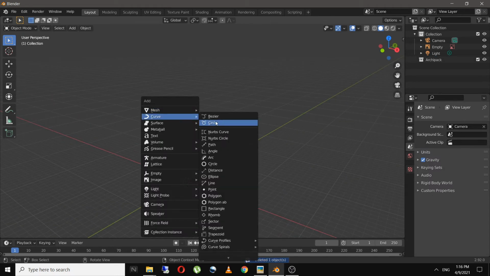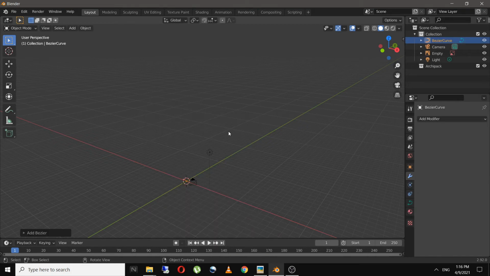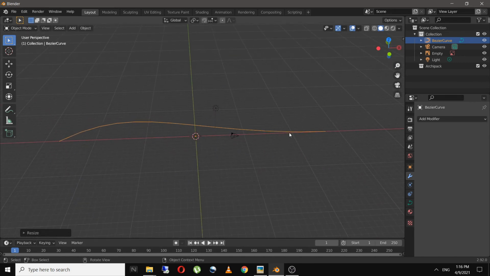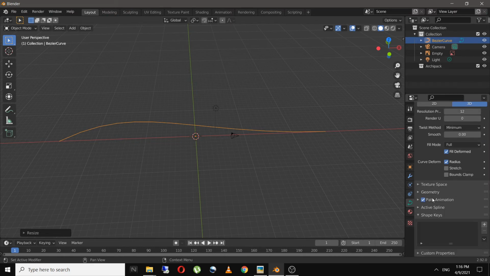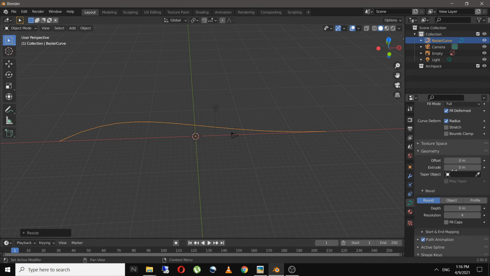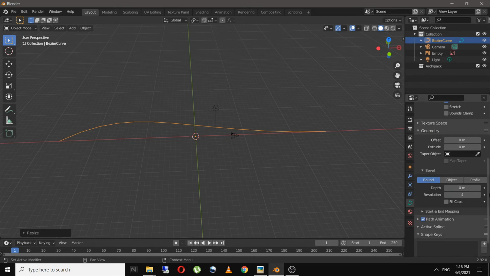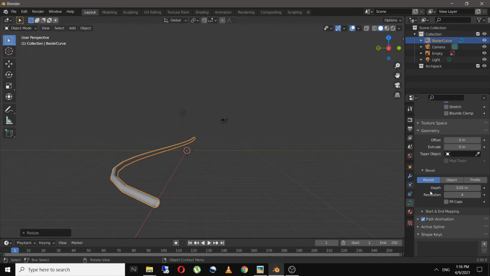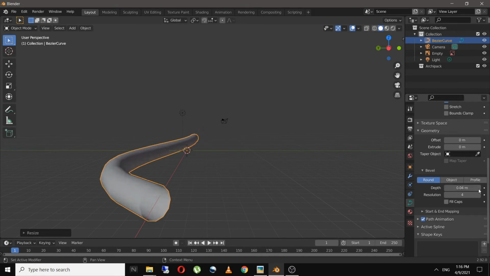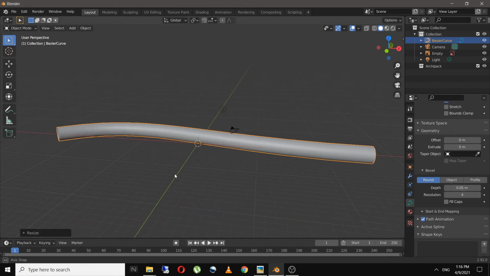And now let's add in a curve, a Bezier curve. I will scale this. And as you can see in the curve settings, we have a whole lot of settings. If I go to geometry, you can see offset, extrude, and in bevel, you can see the depth. If you increase this, as you can see, the depth of the geometry is now increased.